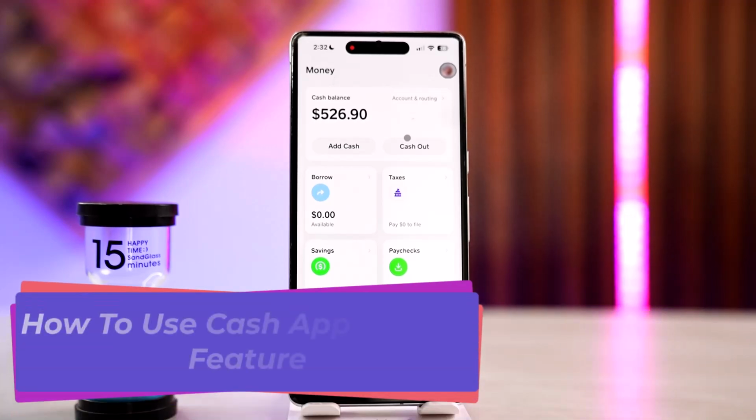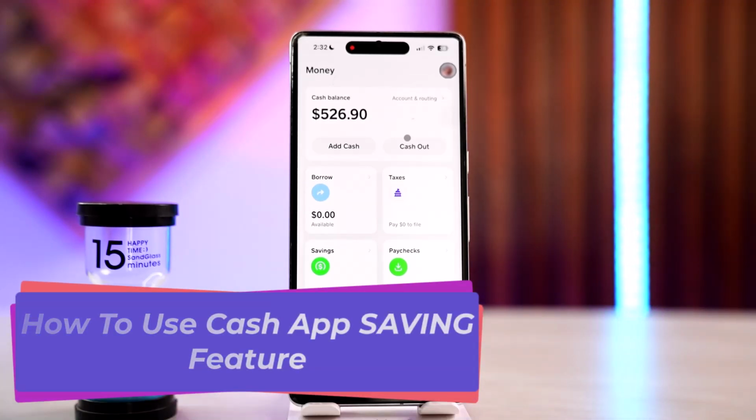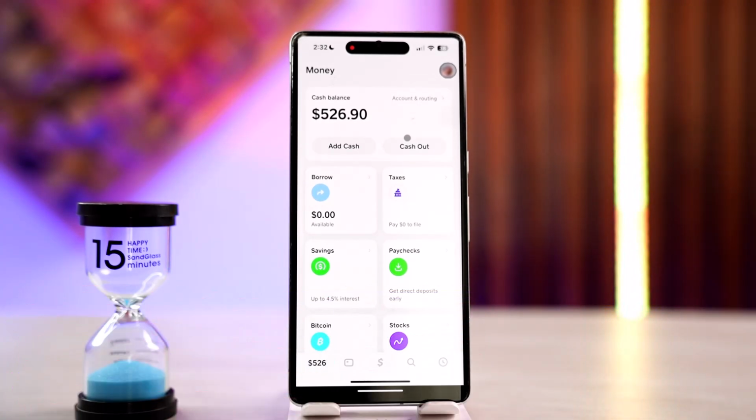In this video, I'll be showing you the procedure on how you can use Cash App savings features. In order to use the Cash App savings feature, navigate to your money section. So what you need to do is first make sure that you already have a Cash App account, and from the home page, what you need is